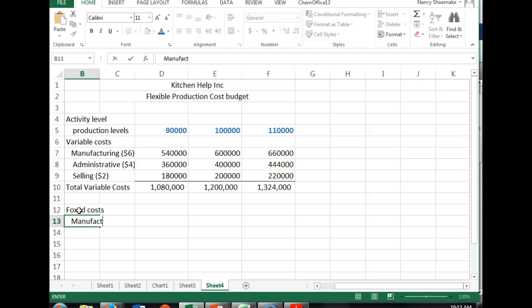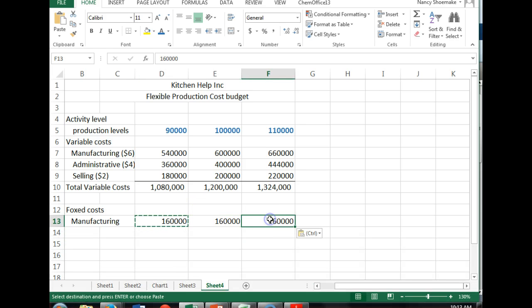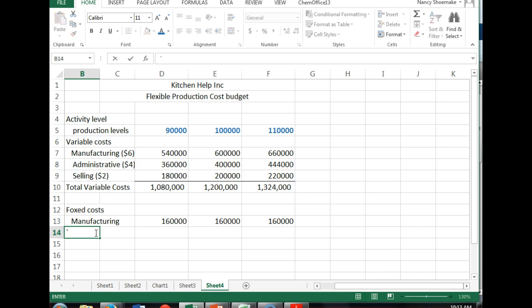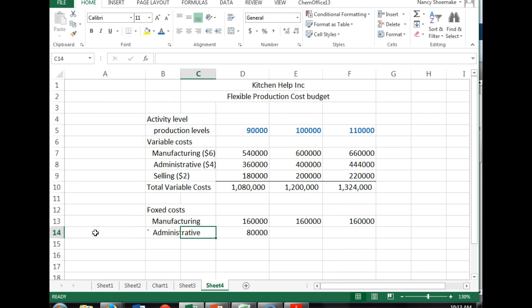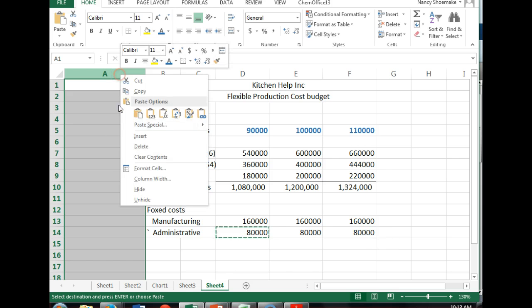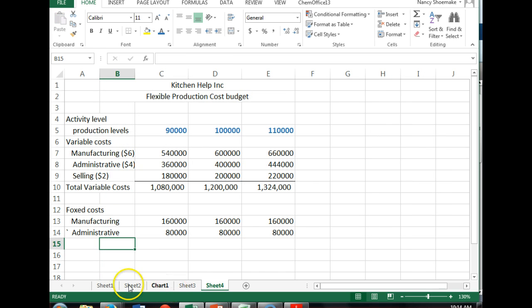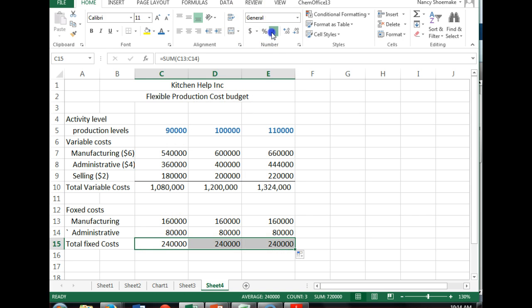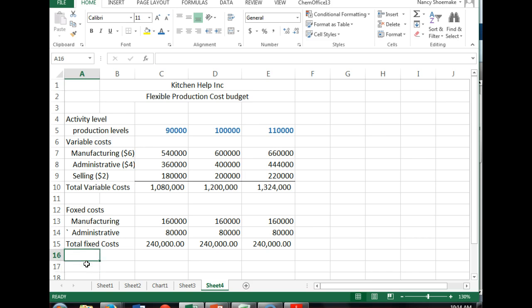We've got our manufacturing of 160 and then we've got our administrative 80. Okay? How you guys doing so far? Am I going too fast? Total fixed costs are going to be 240. And our total costs are going to be